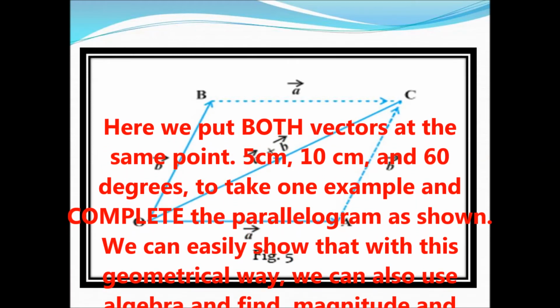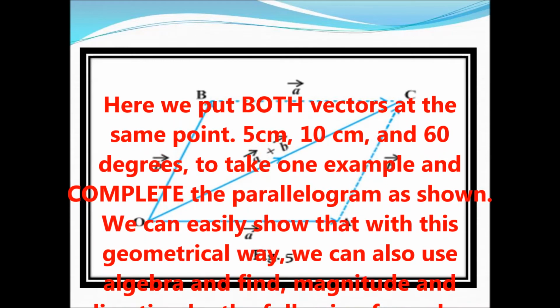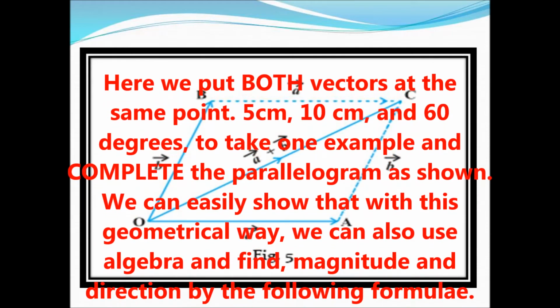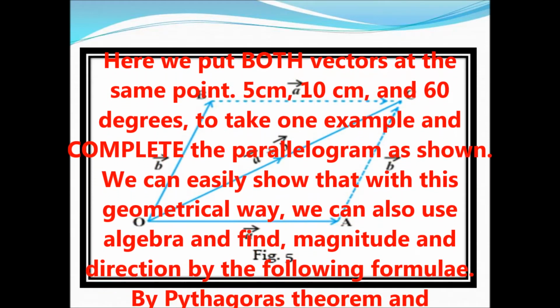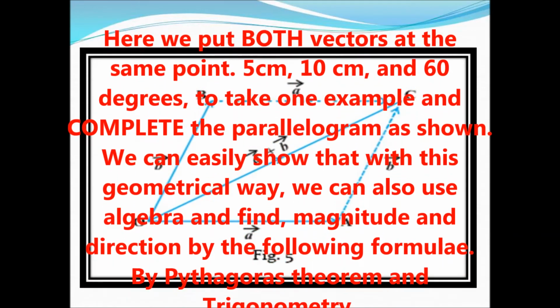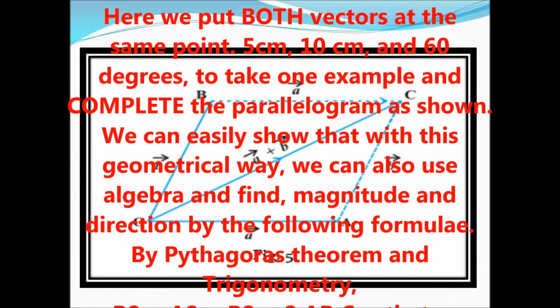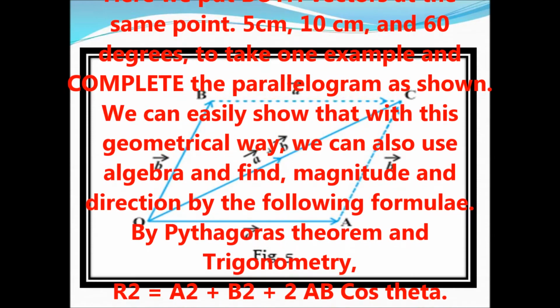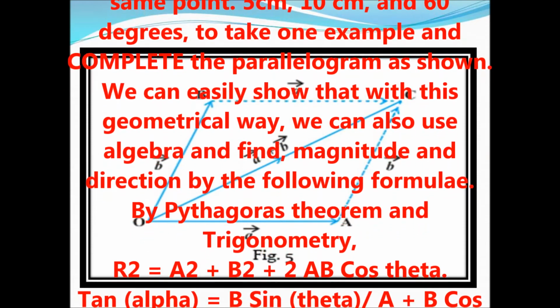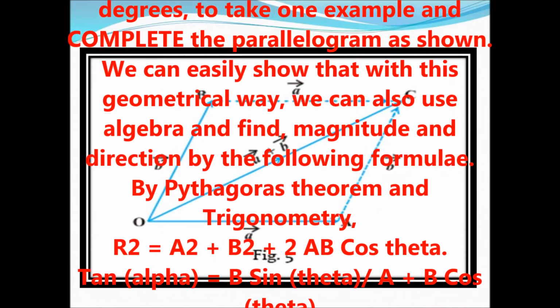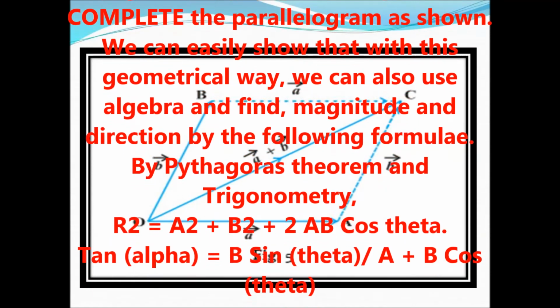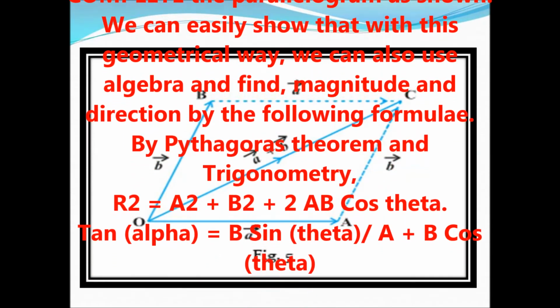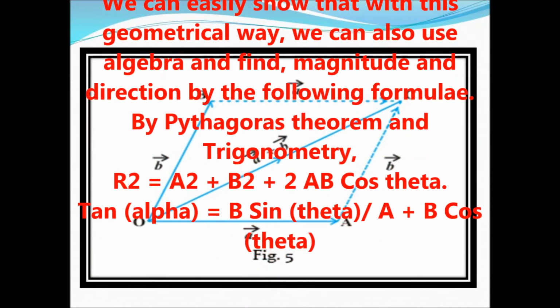We can easily show that with this geometric way, we can also use algebra. We don't need to do geometry. We don't need to take a paper and put the 5 centimeter, 10 centimeter. We can do it algebraically. How? Use the Pythagoras theorem and you can easily derive that R square, resultant square, is equal to A square plus B square plus 2AB cos theta, and the direction tan alpha is